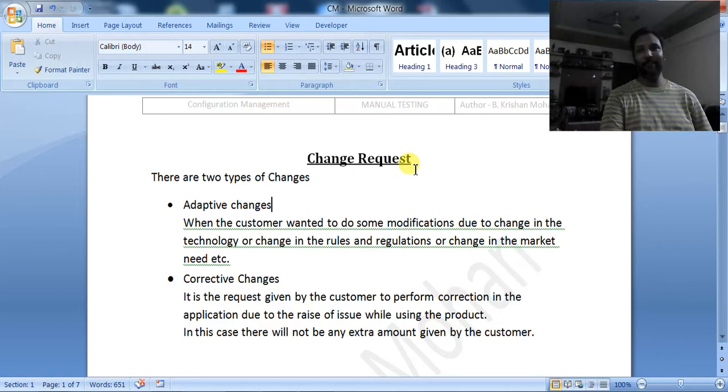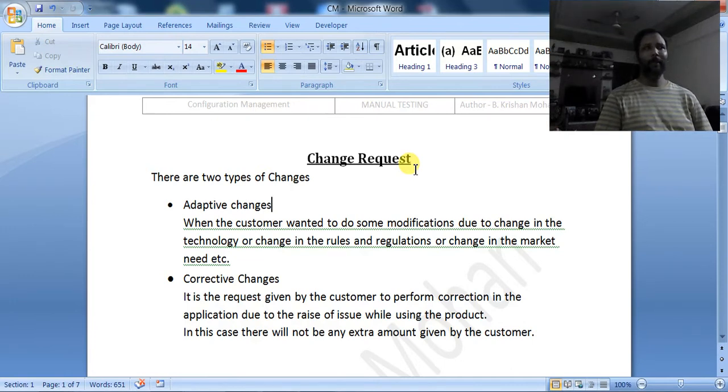To fix the defect, first he has to intimate the development company that so and so issue has come, and that they should resolve it. That is the correction. If any fault happens, then only we will do the correction. Suppose he is submitting some form and it is not happening.